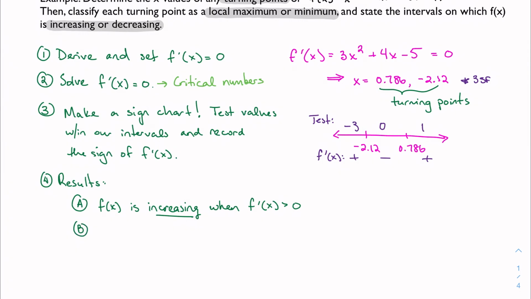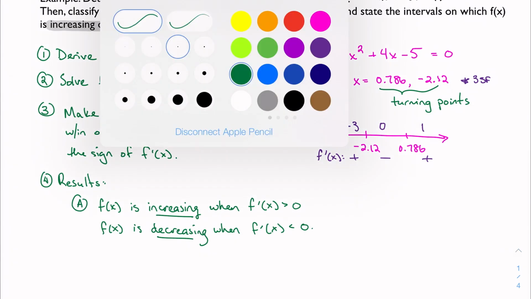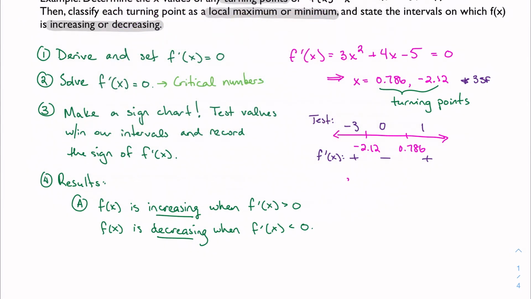And I don't want to change letters yet. And then, of course, it stands to reason that f prime is decreasing, or f is decreasing, when f prime is negative. All right, so to answer another piece of my question, state the intervals on which f of x is increasing or decreasing. Well, I can conclude that f is increasing